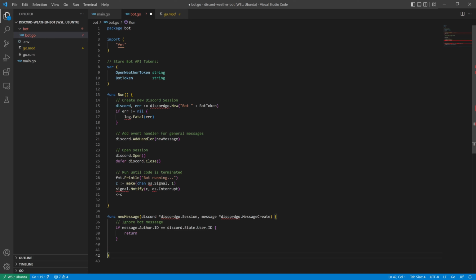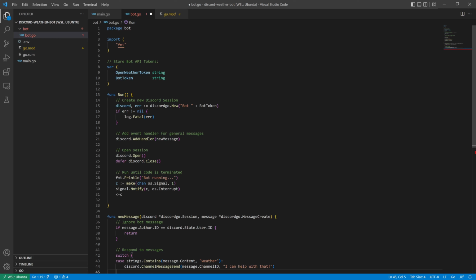Next, we'll try to respond to any other user messages. And for now, we're just going to define a couple of quick little things that we'll respond to. And so I will use a switch statement here, just because it'll be easier for us to add on a whole list of different text commands and things that we want to respond to if we want, rather than just chaining a very long set of if-else statements. And so for the first case, we will check using string.contains, and we'll take in the message content, and if that contains the word weather in it at all, our bot will respond with some text saying, hey, I can help with that. And we'll do that using